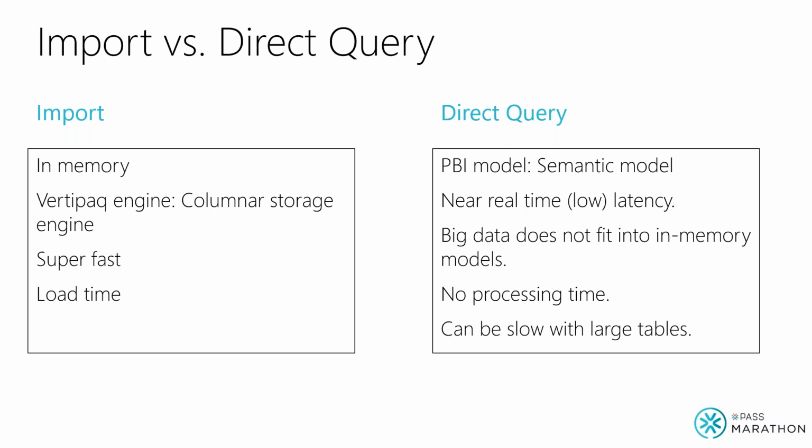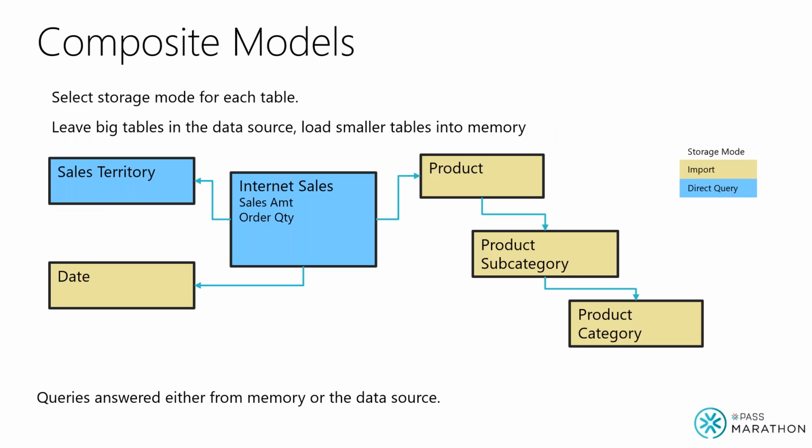Now, the good news is Power BI Desktop allows you to pick and choose at the table level. So it used to be you had to pick direct query or import, but now you can have a composite model where you can define the storage mode of each table at the table level. So for example, you can say, I'm going to leave my larger fact table and one of my dimension tables that updates frequently back in the SQL Server database. And I'm going to bring my dimension tables into memory. So now the slicers on my Power BI desktop are going to be refreshing very, very quickly, but it's okay for the rest of the queries to wait a little bit.